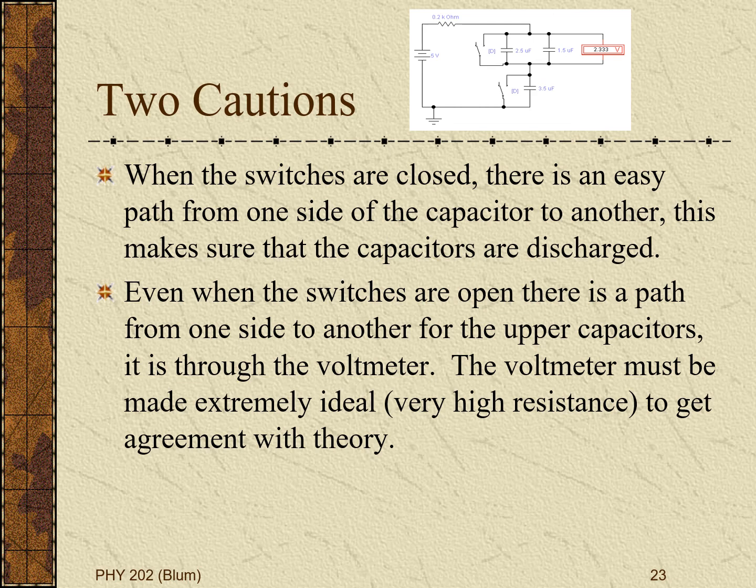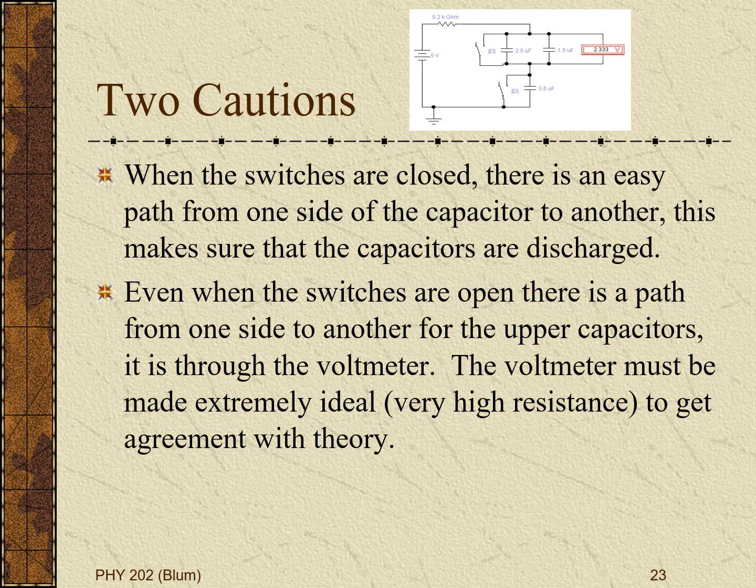There will be an easy path from the positives on the top plate to get to the negatives on the bottom plate, and then the capacitor will discharge. When the switches are open, then the circuit will be charging the capacitors as desired in this circuit. But we have to be careful of the voltmeter. The purpose of a voltmeter is to measure a voltage, but not really to participate in the circuit in any way. But the voltmeter is a path for current to flow, and so it has a very high resistance,